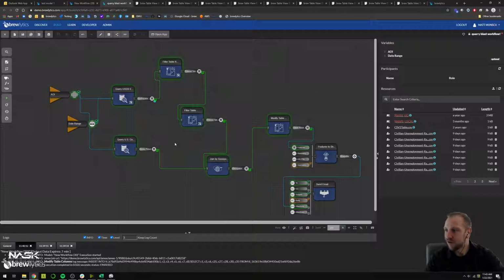So this was a fire hose of information, but what it was designed to show you is a quick and dirty introduction to Brewlytics, so you understand conceptually what it can do, what it's capable of, and how to build one of these workflows. As I said at the beginning of the video, we're going to have a lot more targeted videos for certain features. And so if you're interested in how to create a more advanced workflow with things like iterators, which is basically how you do a loop within one of these workflows,